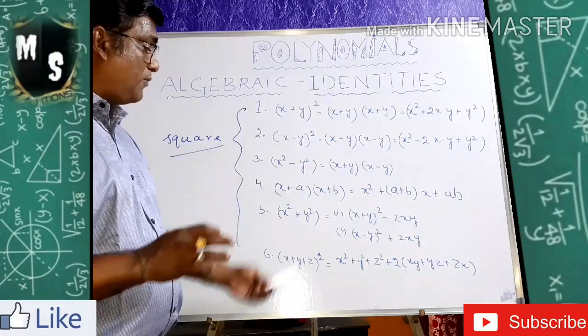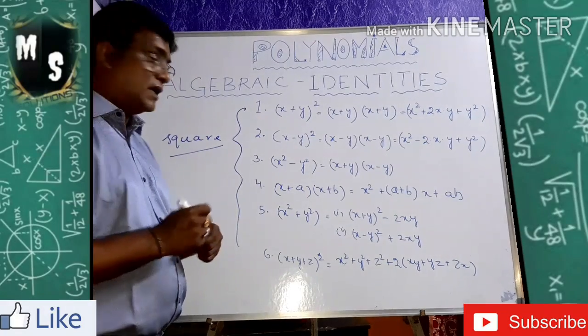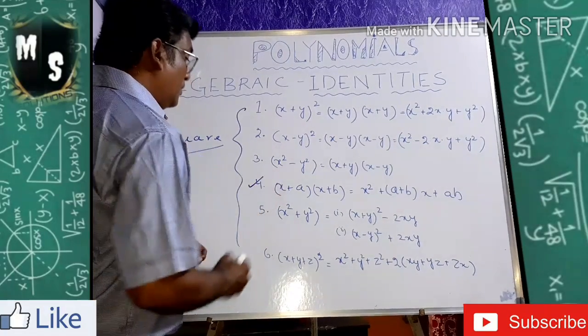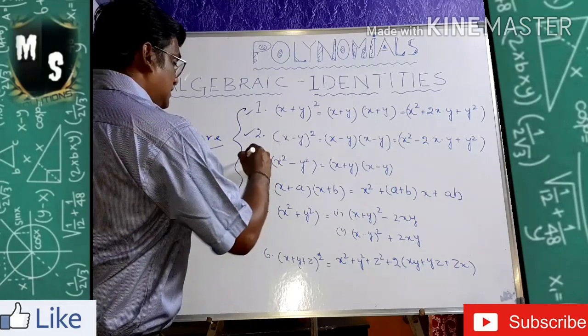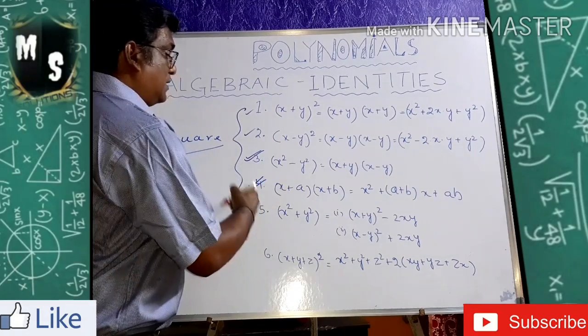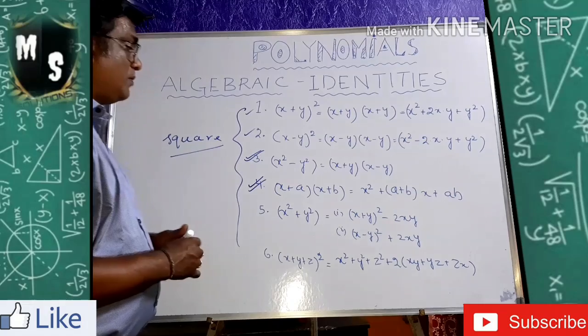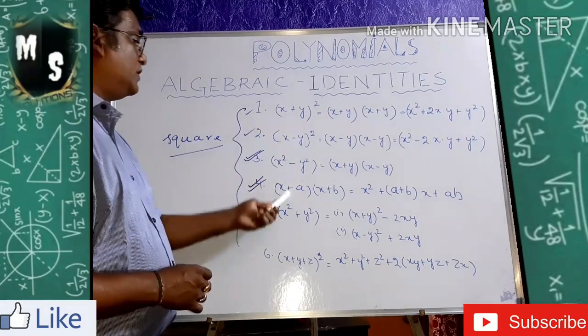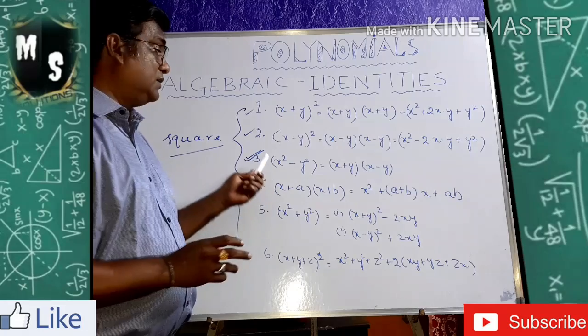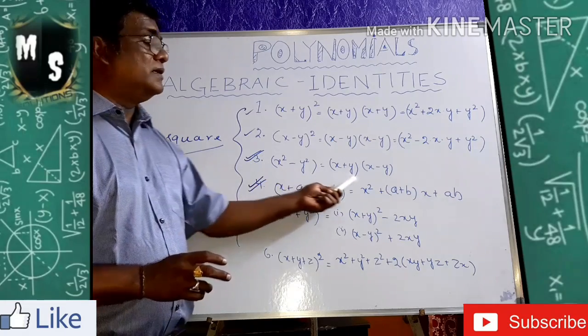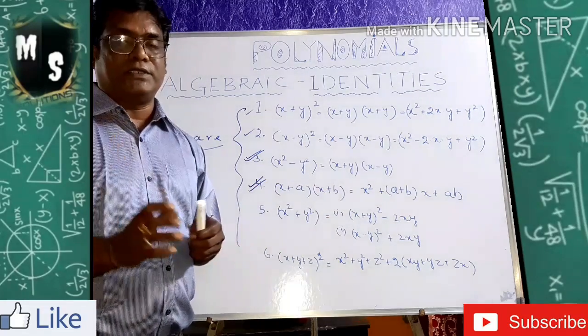Now regarding these formulas, I want to do some sums for you. The most important formulas are number 4, number 3, number 2, number 1. These two formulas are double tick. These four formulas come frequently, but these two will come a lot. And among them, number 3 is the most important formula for factorization.